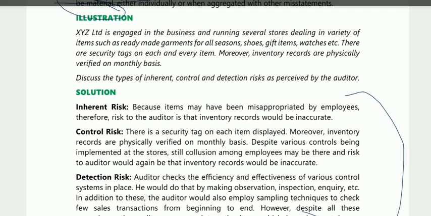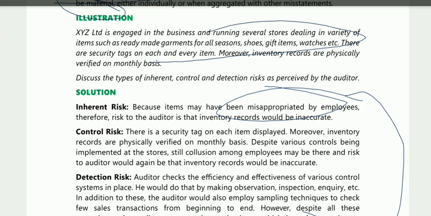So the inherent risk might be that the employees of the organization might have misappropriated the assets, okay. So this you might have learned in your chapter number 5 if you have done it, that fraud involves misappropriation of assets, and that misappropriation of assets may not be identified by the auditor. So this is an inherent risk, that because the store is dealing with so many items, shoes, gifts, watches, there are high chances that the employees might have misappropriated the assets, okay. So therefore the risk to the auditor is that inventory records would be